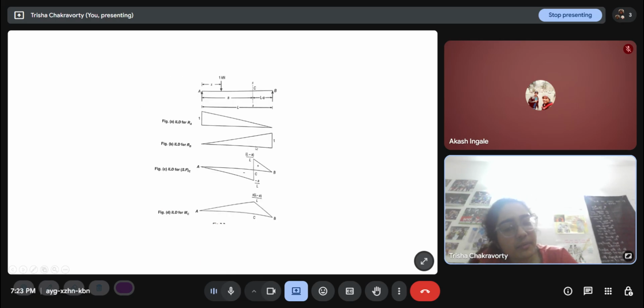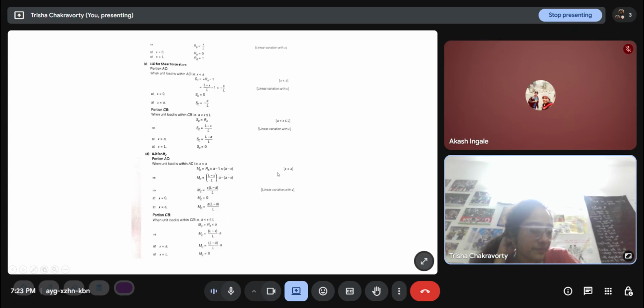So see, there is a jump. Just like in the actual shear force diagram, if there is a point load, there is a jump. In the influence line diagram, when the section itself where I'm finding the shear force is crossed, there has to be a jump. So this magnitude is (L minus a) by L, and it's 0 again. So it goes like this, jumps, and goes like this again.